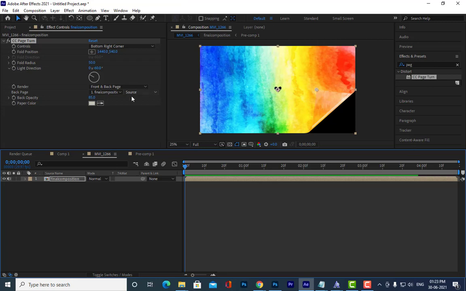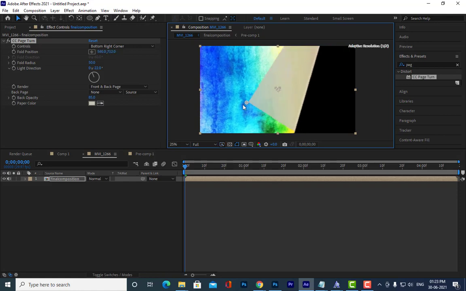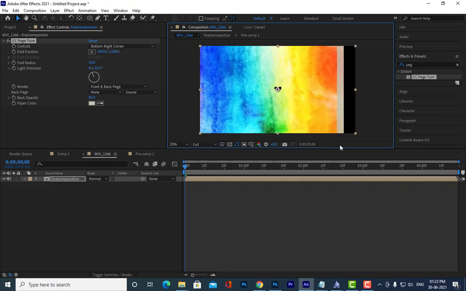Here the source is there. Just keep it on. See, we got something like a paper folding. Is it clear?